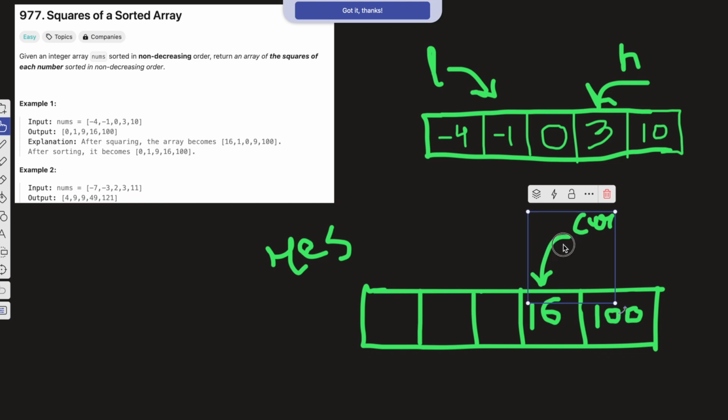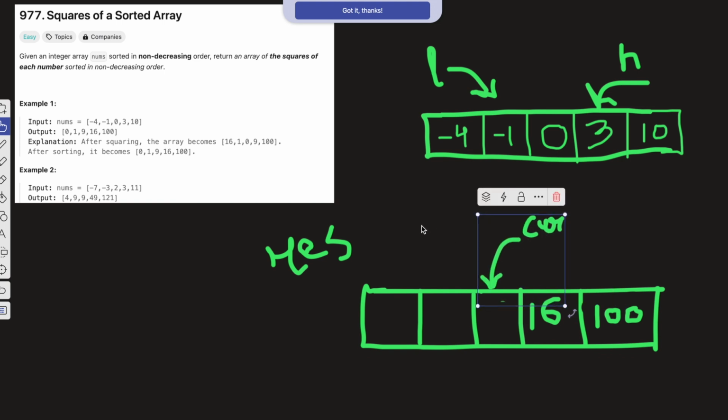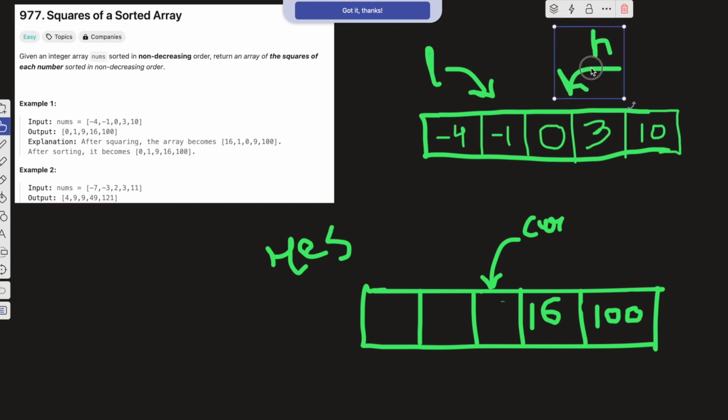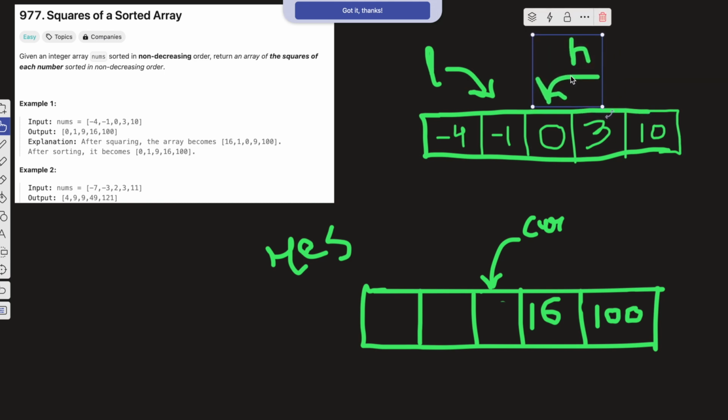And hence move this current pointer towards the left. Okay. Now in third iteration, we will check again the low pointer and the high pointer, and we will see that -1 square is 1, but 3 square is 9. So 9 is bigger, right? So we'll have to move this high pointer towards right, and put this 3 square